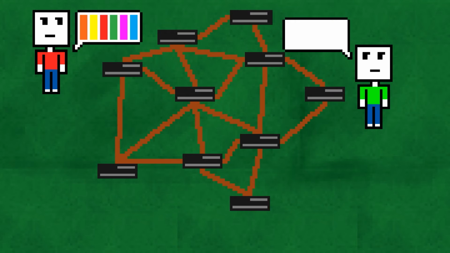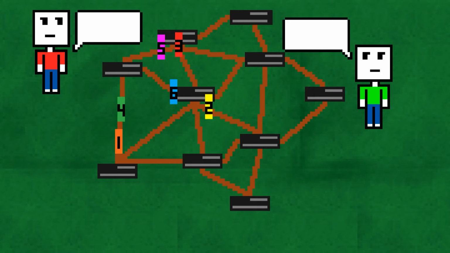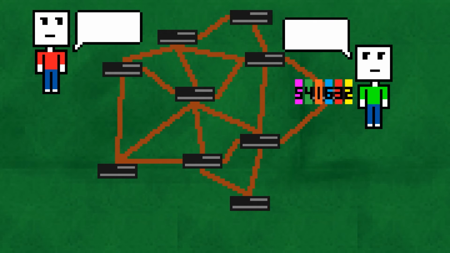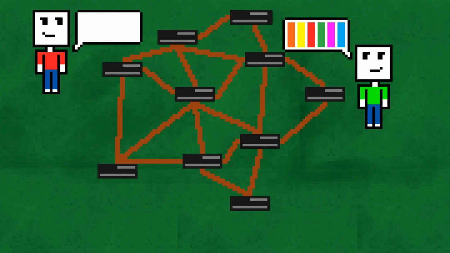Unlike circuit switching, there's no need to reserve a line, but we do have to label the data in order to group it into packets. Since we labeled the data, we can just send it over the network without worrying about having it stay in order. Alright, green shirt guy has the data, so all he needs to do is rearrange it in the correct order to get red shirt guy's message.